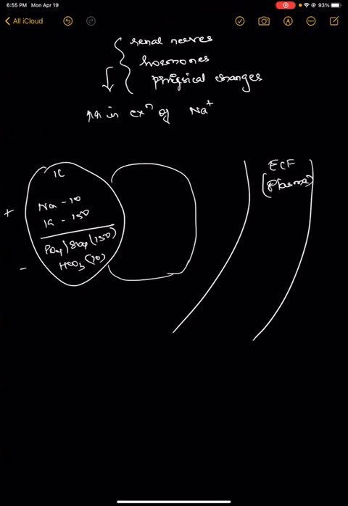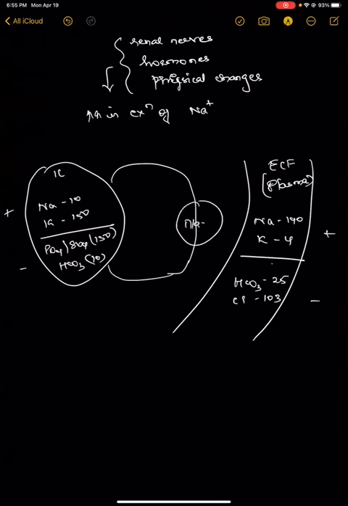Inside the plasma, the sodium is in the higher concentration, potassium is low. And for the anions, bicarb and chloride are the major ones, out of which chloride is usually more. Now what happens is we have the sodium potassium ATPase pump, which plays a very major role in regulating the concentration of sodium inside the cell as well as in the plasma. It acts against a concentration gradient as it is energy dependent. So 3 sodium from inside the cell is always pushed into the plasma, and 2 potassium is pushed inside the cell.